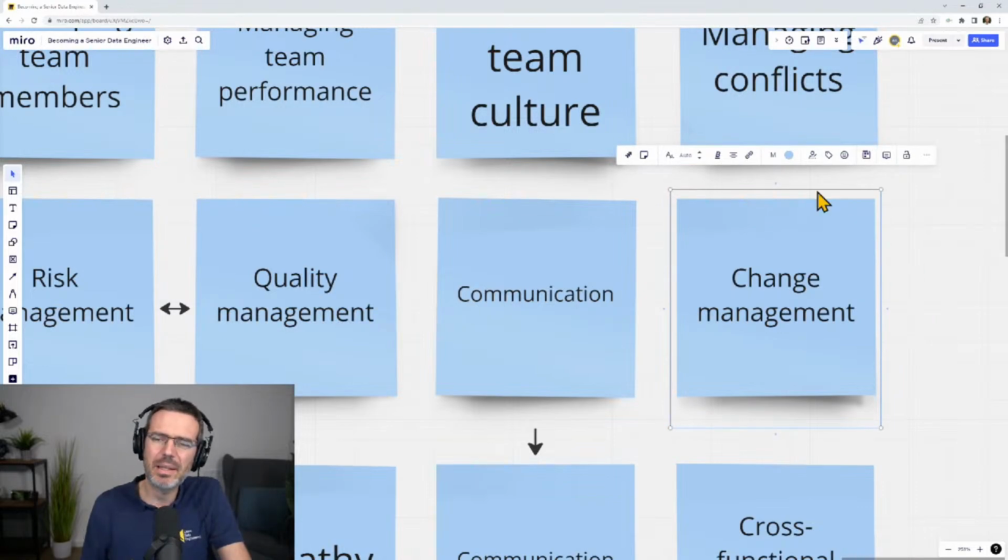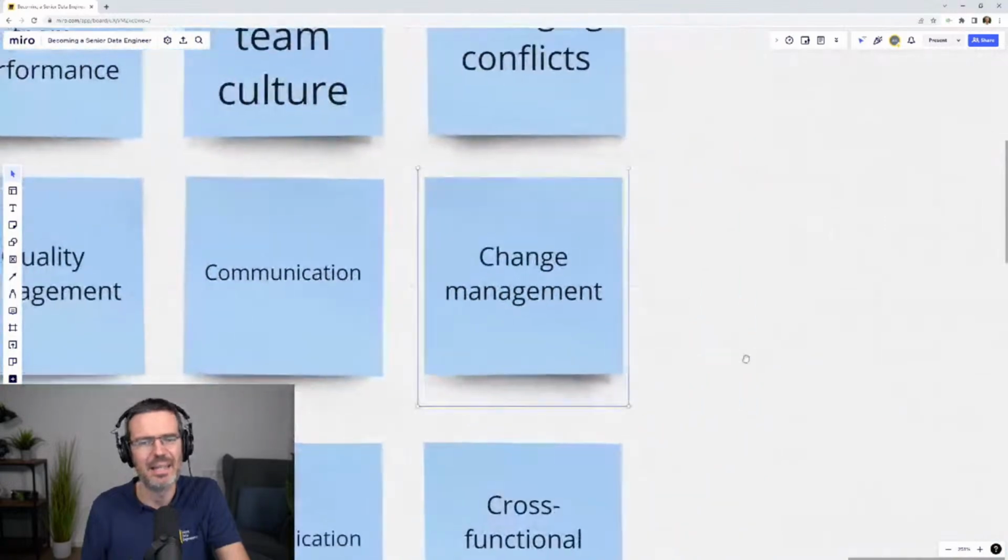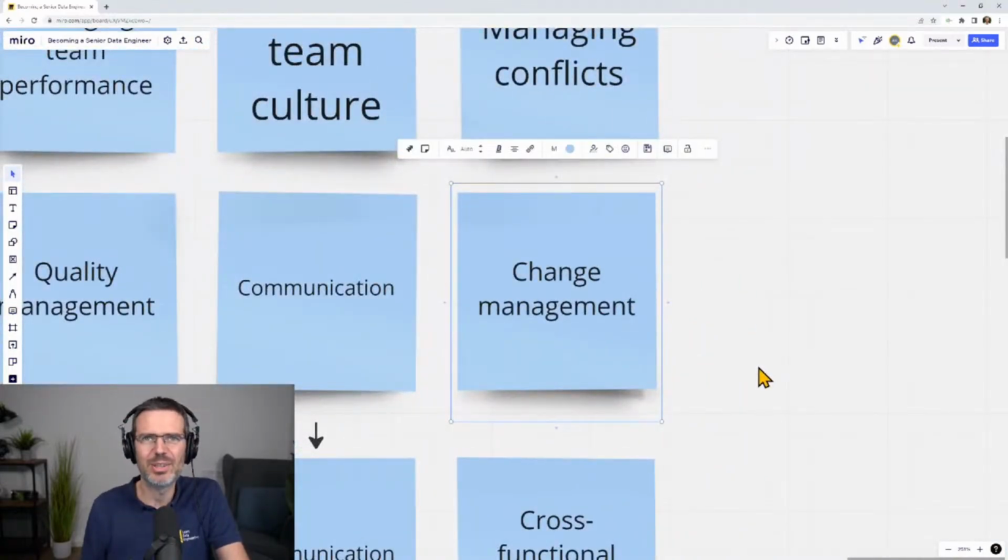Change management is a big flexibility thing, right? Yes, you can build here in the early stages with planning and setting goals and budgeting. You can build the nicest plans, and after half a year, whenever you're almost finished, somebody comes with a very important thing that needs to be added, then you need to be flexible. Also, sometimes very small things that are in your specification need to be changed here and there, and then you need to be flexible.